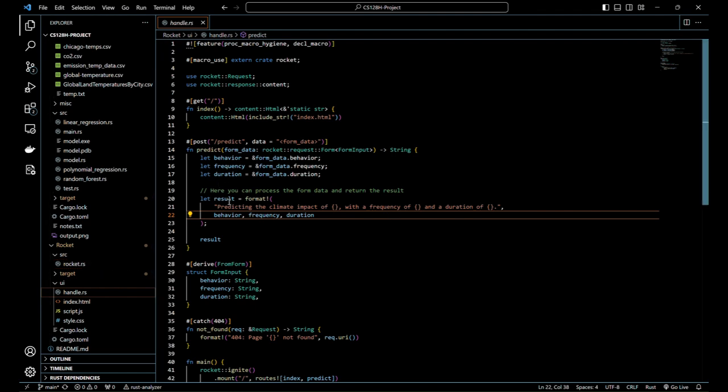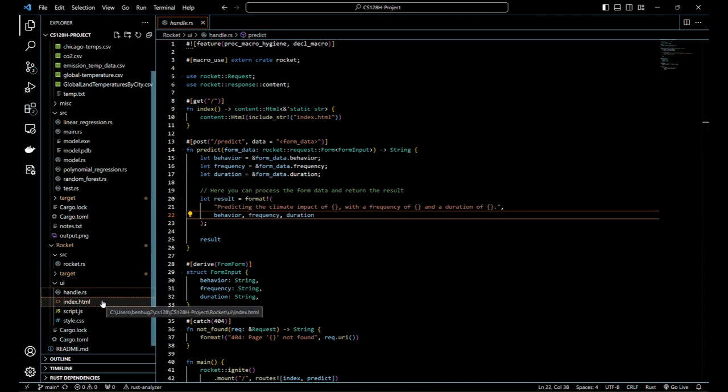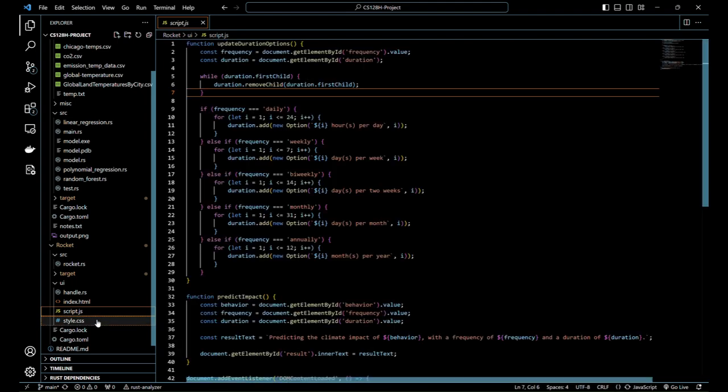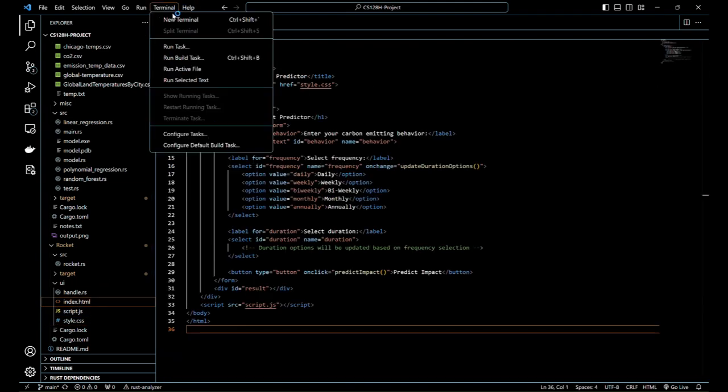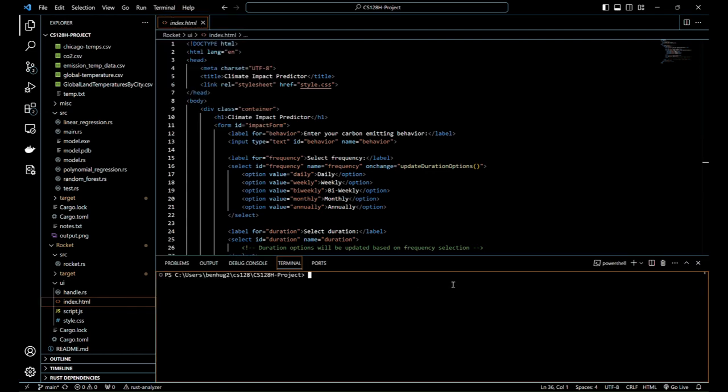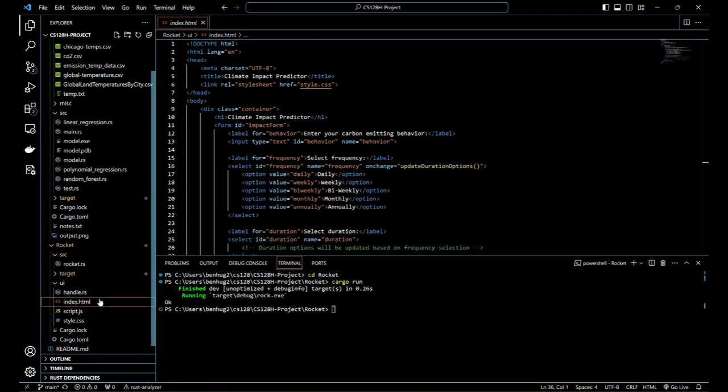So here in this predict function, you can see the behavior, frequency, duration that can be pulled from the models, and you can have the result process and return results from the data. Rocket allows us to use HTML, JS, and CSS to structure our UI. So if I go ahead and run this really quickly, just to see the end of the project, if we open this using live server,